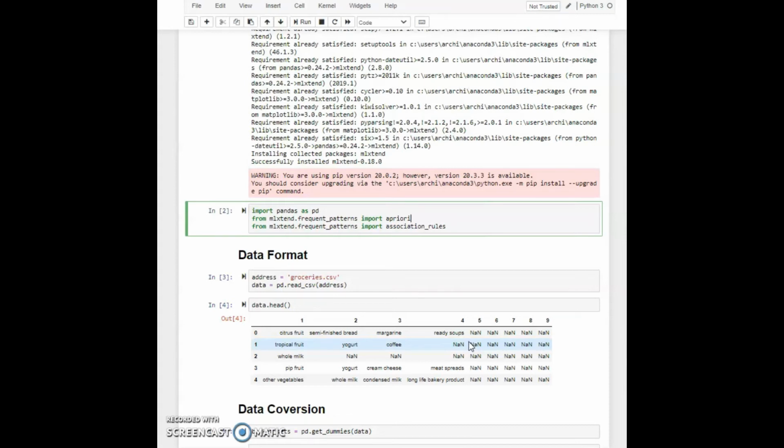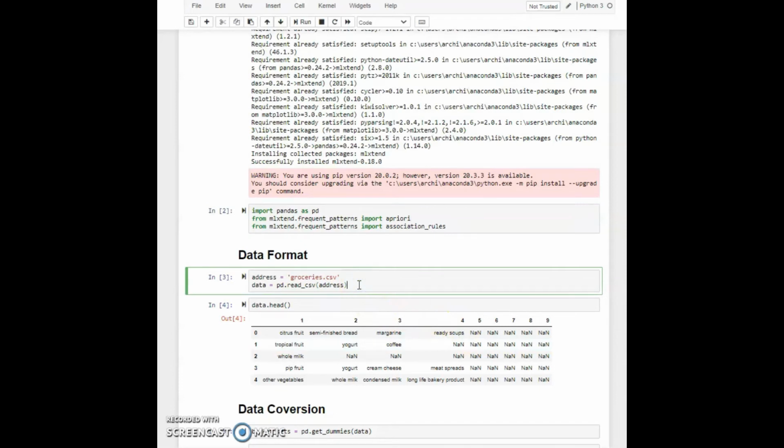Now once you run that, you will have your libraries, and then let's read in our data in cell 3. It's really important to get the data in the right format. Transaction data needs to be in sparse format for the association rules.